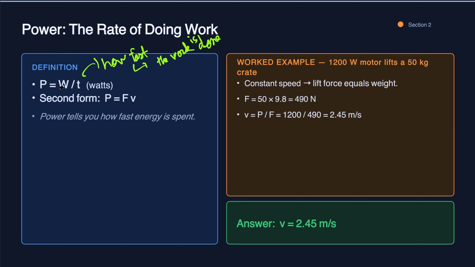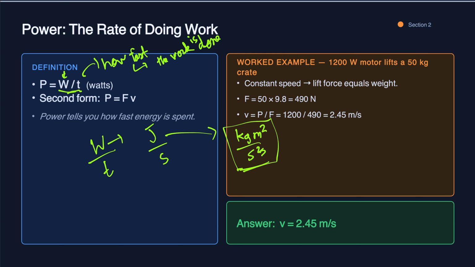So you can see that here, right? Work over time. I was getting a bit ahead of myself there. So work measured in joules, time measured in seconds. We know a joule is a kilogram meter squared per second squared. And if you divide that by a second, you're going to get a second cubed in the denominator. Right? And this unit is what we called a watt, in honor of James Watt, a physicist who contributed a